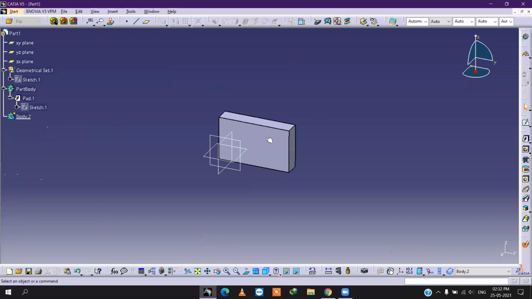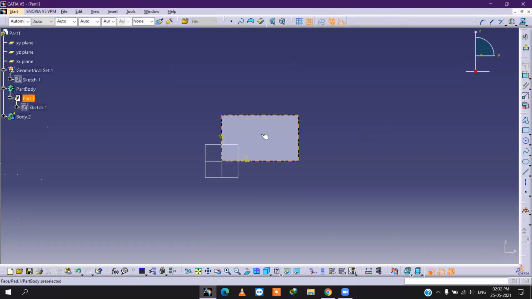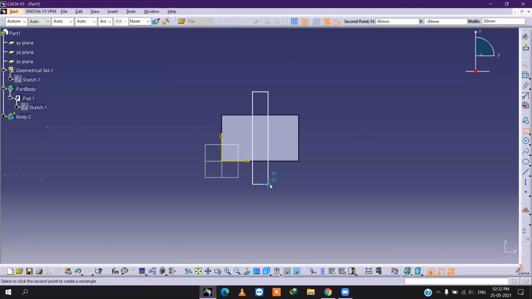Let's say I will select this one and do some sketch.